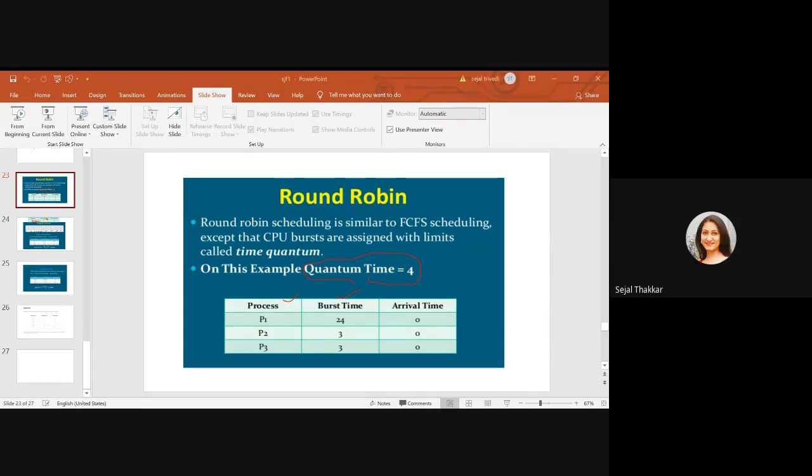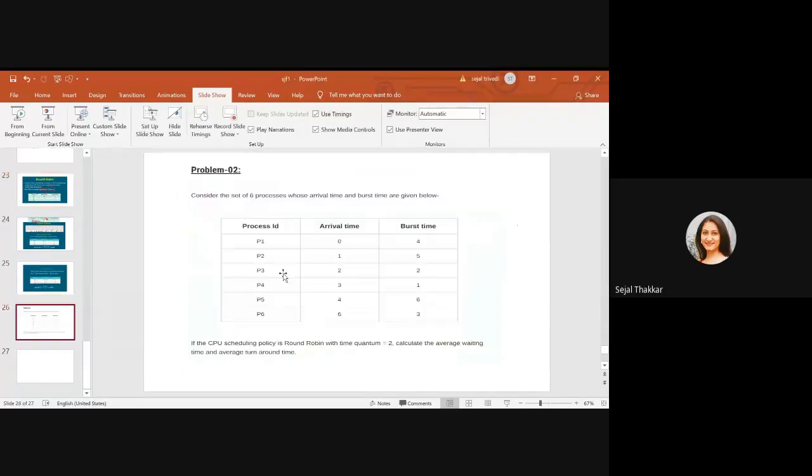You can see here, right? So the turnaround times you got from here are 30, 7 and 10. Burst times are given in this table, 24, 3 and 3. So you can put 24, 3 and 3, and for the waiting times you get, you need to calculate the average by dividing the total time by the number of processes. And this is the sample example. You need to calculate by yourself in the exercise. Now I am stopping my lecture. Do one thing today. Please